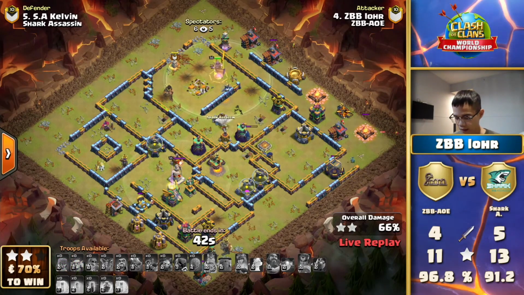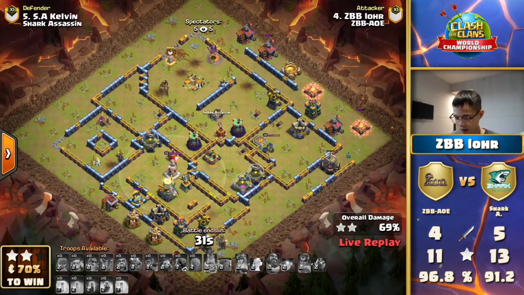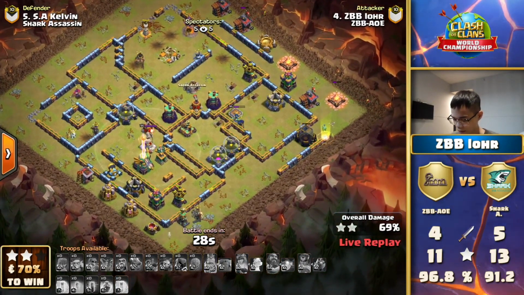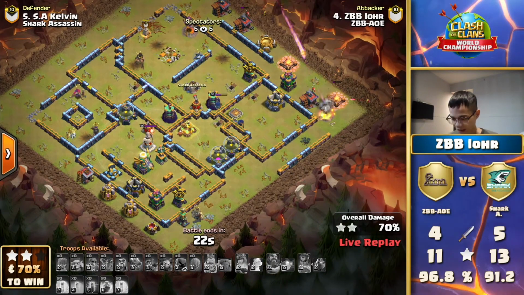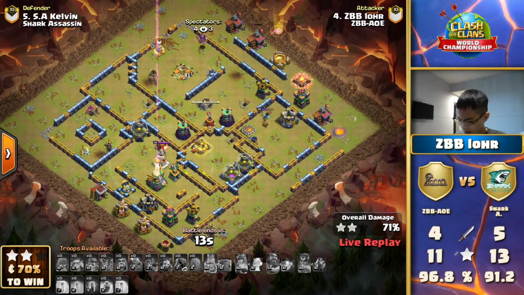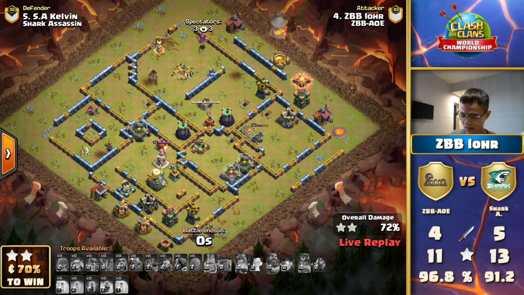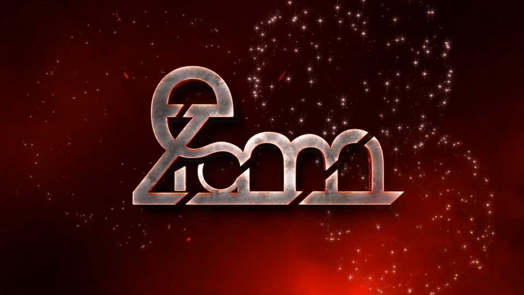Oh my goodness! What is happening? The Warden will get the Tesla, and yes, he is just by the skin of his teeth looking like he's going to get the 70%, but the Warden falls! The Eagle is still alive, Itsu, 69%! The minion on the Dark Elixir storage, is it enough? It gets it! Can you believe it? 70% on the smackaroo! He gets 71 in fact! Wow! You've seen the relief on his face. ZBB getting the victory here with 2 percentage points in the end, 72%. Just increasing our heart rate towards the